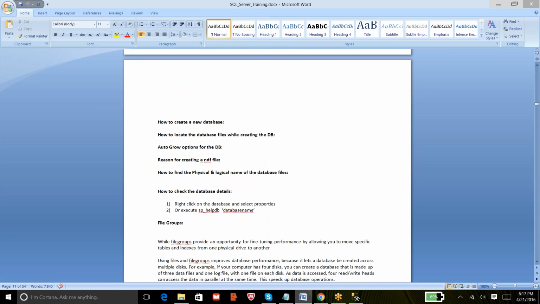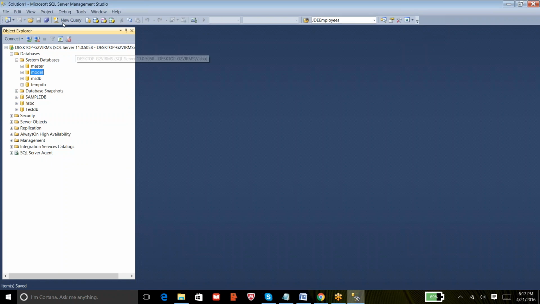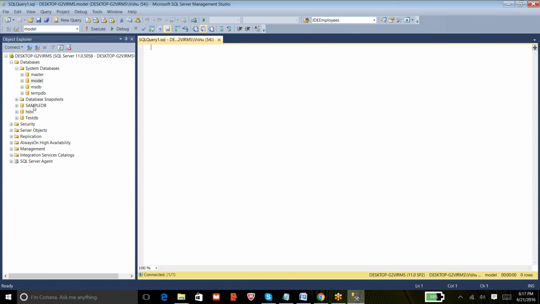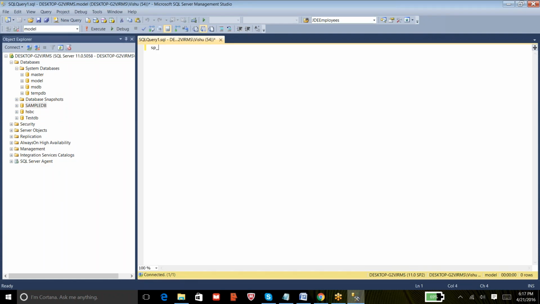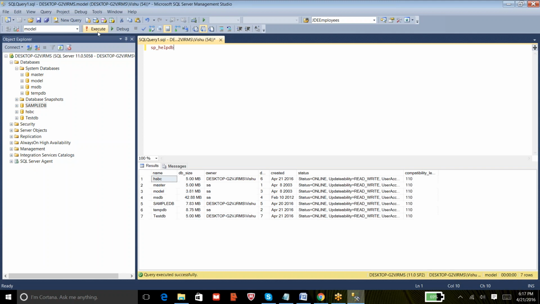And we have seen the file groups and the properties. I will just finish off by explaining this one. Whatever properties we see by right-clicking on the database and going to properties, the same thing can be done with a command called sp_helpdb. If you just execute this, it will give you the basic properties of all the databases on that instance. If you look here, it is nowhere giving information about the files, the MDF, LDF, where they are hosted.